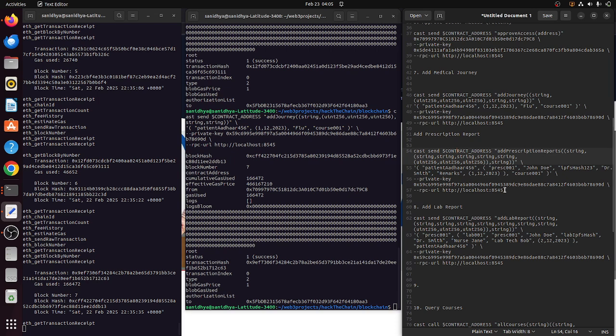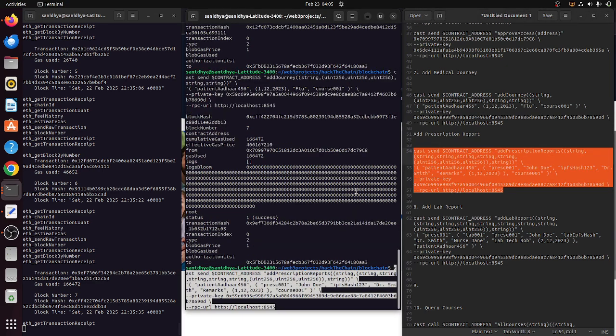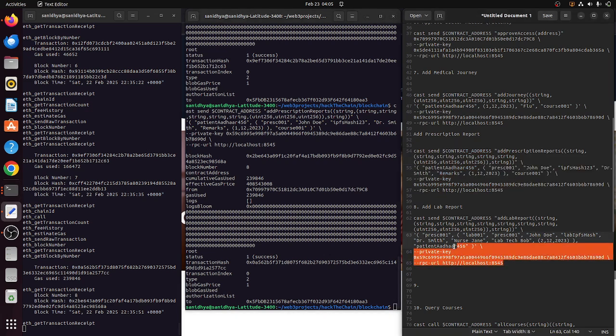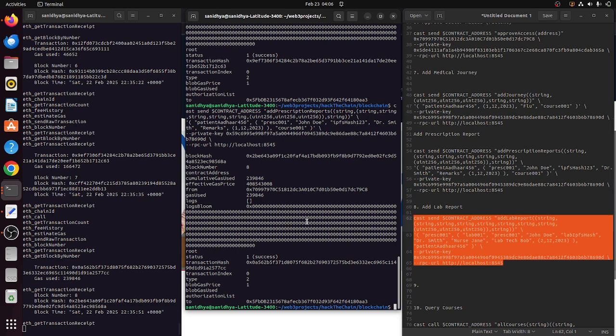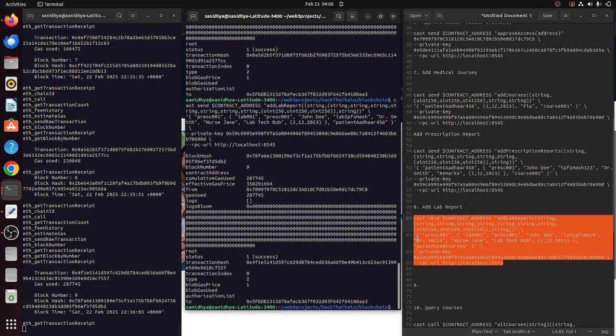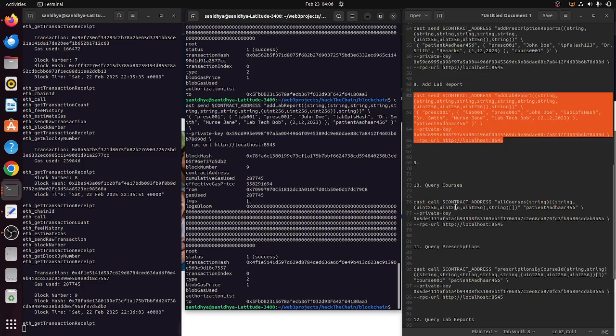Now every journey has many prescription reports, so I have added some prescription reports, and there are many lab reports associated with the particular prescription report, so I am implementing that also. Yeah. Now coming to the query,